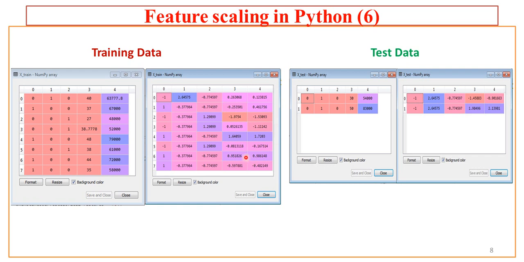If you see here, the values are within this range. That means all the features of the independent feature vector are within the same scale. We have already learned in the last lecture why we need to apply the scaling. Here we are using standard scaler.